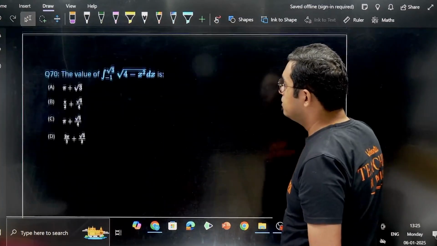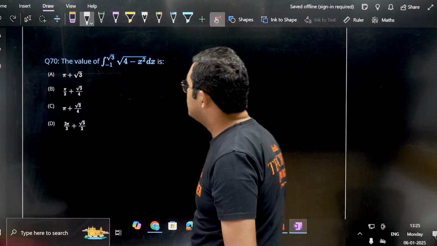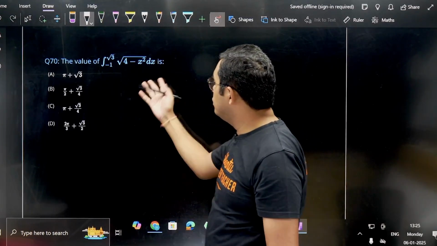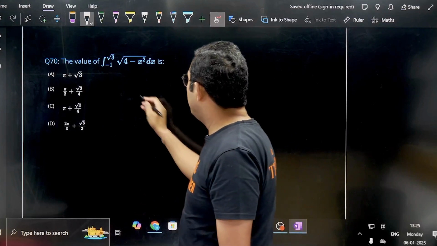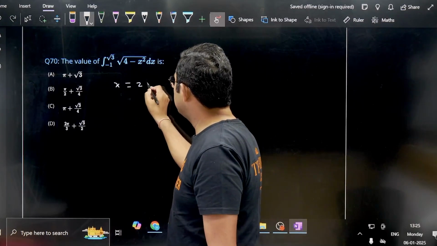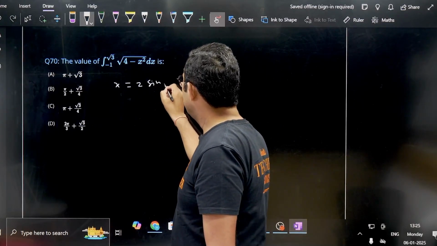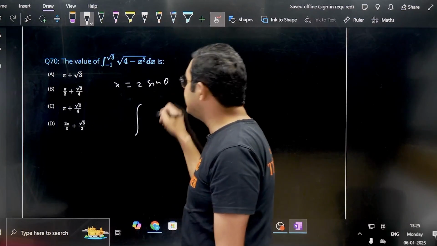Coming to next question number 70. I think this is a simple question of integration. We have to do the integration from minus 1 to root 3. I think you can use the formula, or we can use some substitution also, like x is equal to 2 sine theta. If I do this substitution,